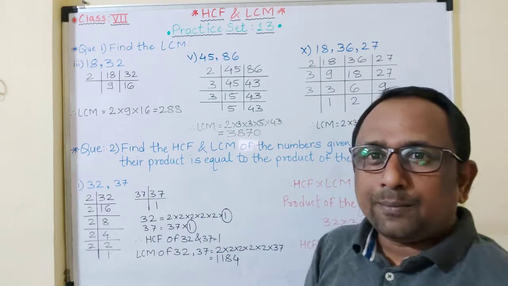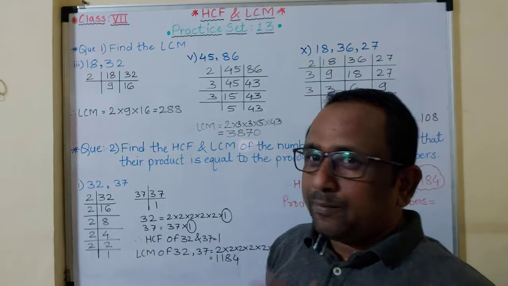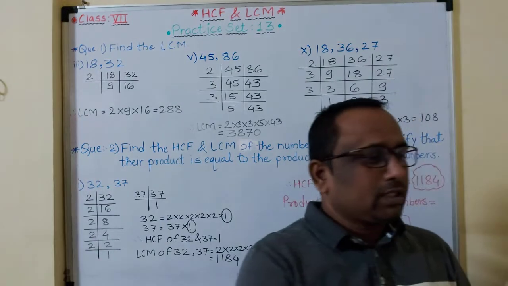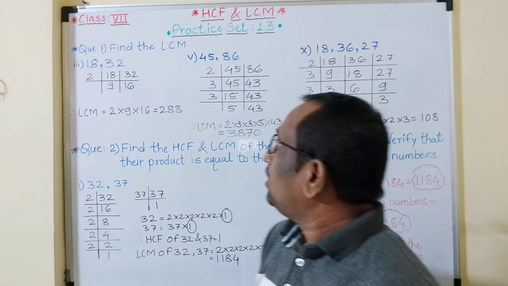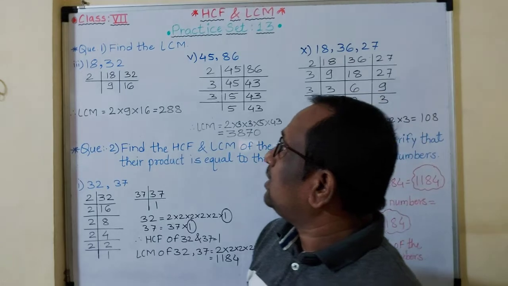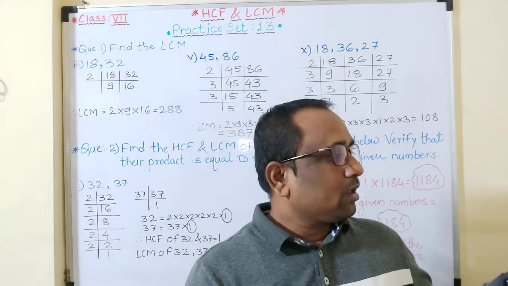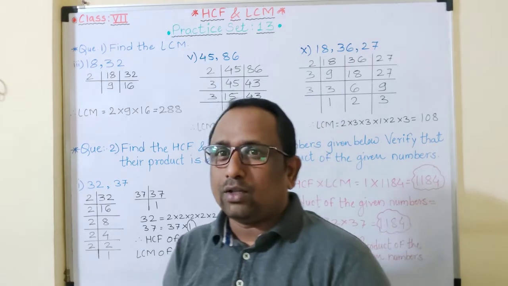Okay, let's see. I choose three examples here. Here also we have to find the factors. Now the first example is 12, and I choose the third example here, 18 and 32. So for the third example, we'll find out the factors first.